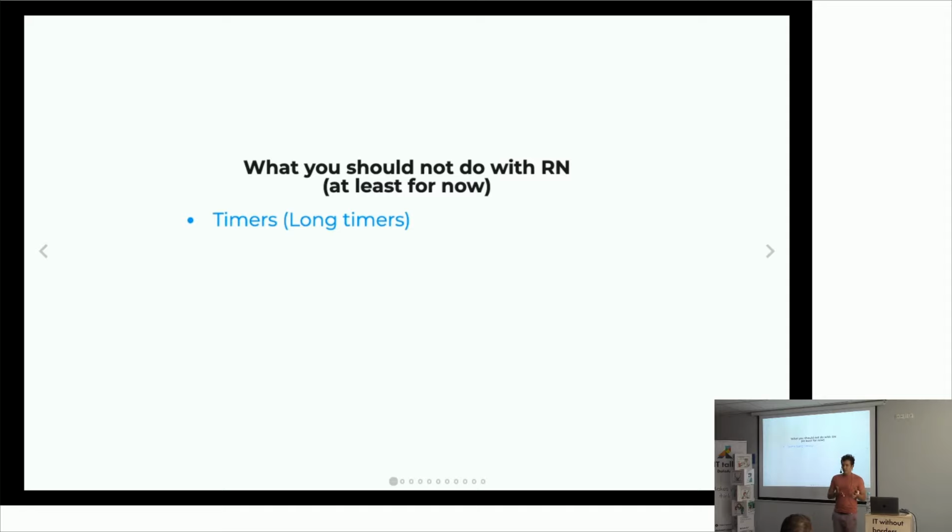But if after 1 hour you didn't do this, it just shuts down and closes the application. And there is no way in React Native to do this using the timers. You can just say, set a 1 hour timeout event, you can do this.